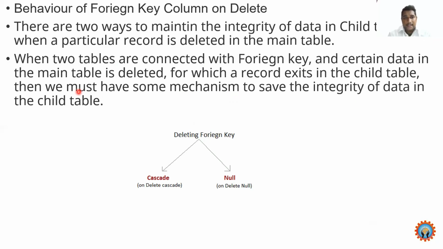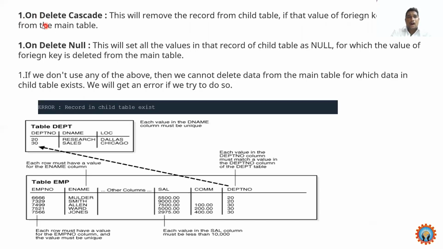So if you are deleting a record in the main table, the record should be handled in the foreign key table. To maintain the data, you use a keyword called cascade. See this one: on delete cascade, on delete null.